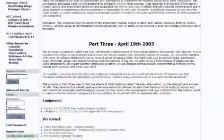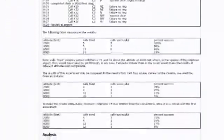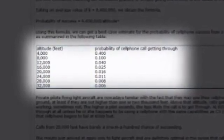But the most important evidence is an experiment conducted by A.K. Dewdney of Physics911.net. In a series of experiments called Project Achilles, Dewdney took 5 different cell phones onto a Cessna 172 to determine the success rate as the plane got higher in altitude. At an altitude of 4,000 feet, he had a 0.4 success rate. At an altitude of 8,000 feet, he had a 0.1 success rate. At an altitude of 32,000 feet, Dewdney calculated a 0.006 probability of cell phone calls getting through, less than a